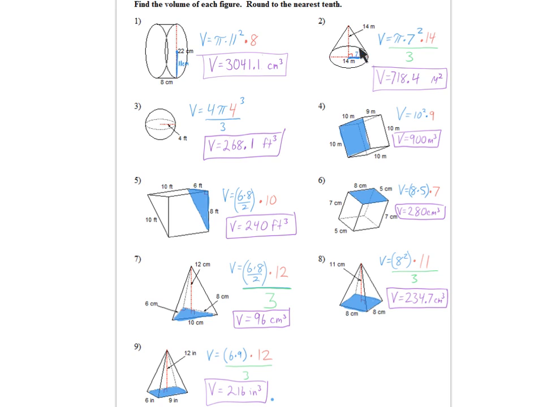Now you have a cone here. Well, a cone has a circular bottom and a height. So I have a circle bottom. The radius is 7 because the diameter is 14. So pi r squared is the base area times the height of 14. And you divide by 3. Okay, the cone,